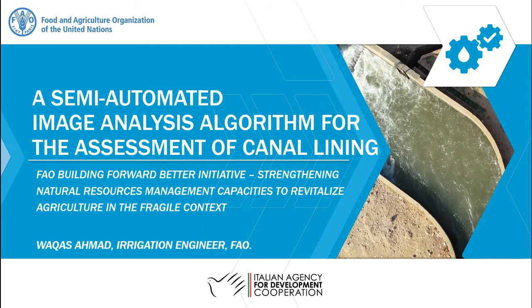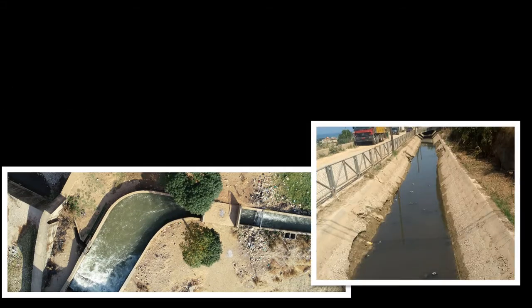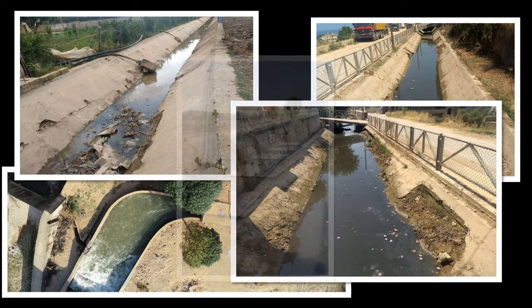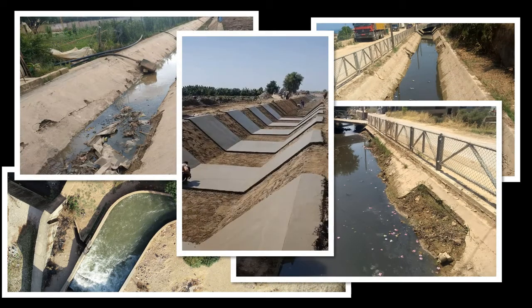In this video, I'm going to demonstrate an image analysis algorithm. It is developed to analyze images taken by conventional or drone cameras to assess the amount of damage caused by different means to the concrete lining of an irrigation canal. The manual process of inspection and crack detection is a time-consuming job, and its accuracy largely depends upon the inspector